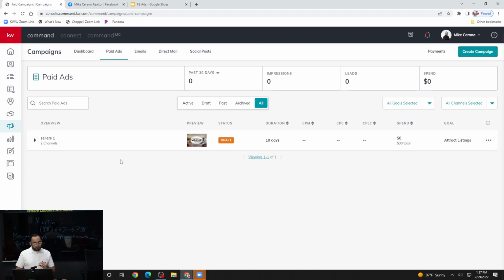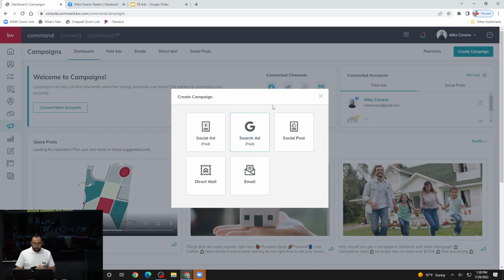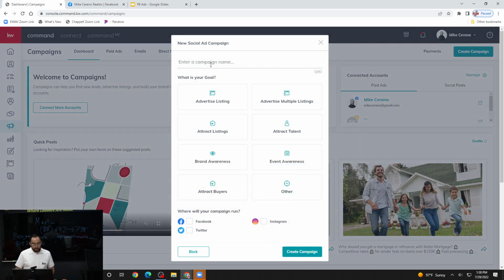Back over to the campaigns option here on the left, back over to create campaign. It's going to ask me what kind of campaign I want to create. Not only do you have the option to create ads, but you also have the option to do a number of other things here: create a post, create postcards, which is what direct mail is, email and so on. For today, we're working on social ads. It's going to ask what the campaign name is. I'm going to call this,